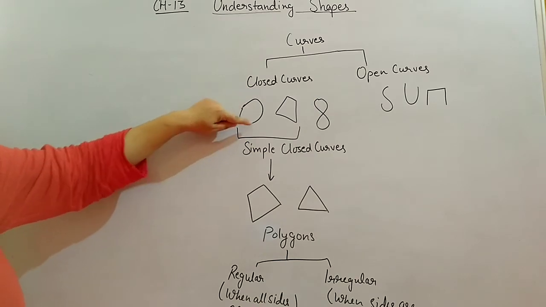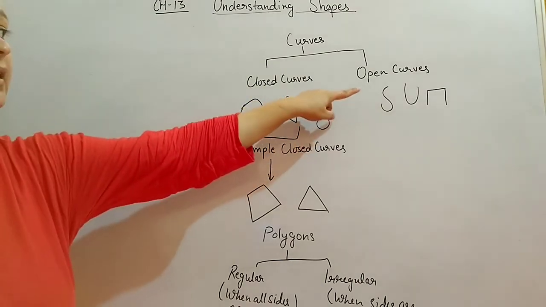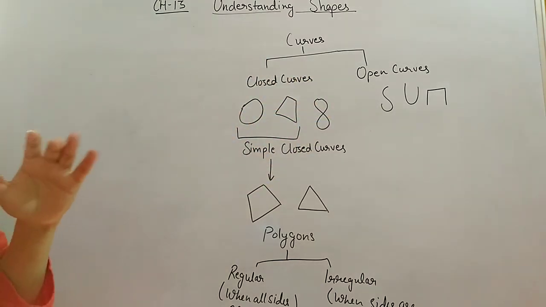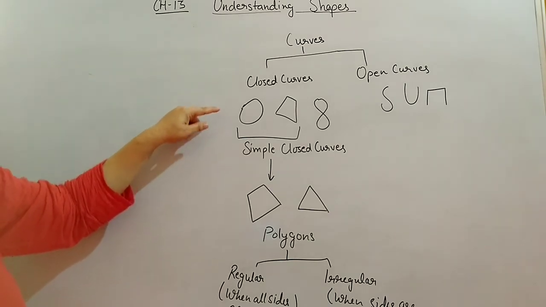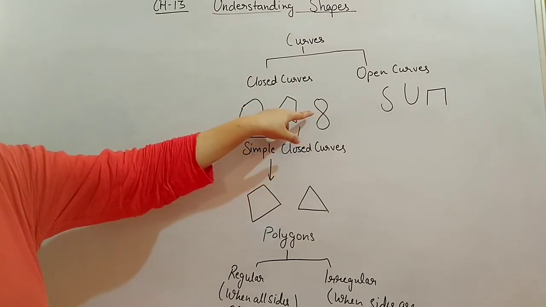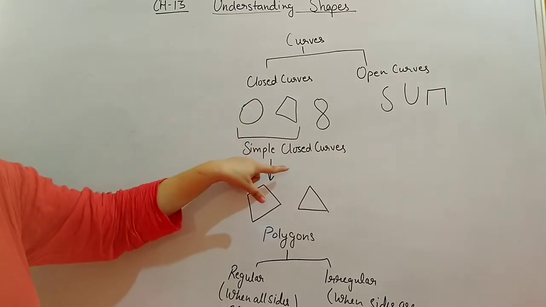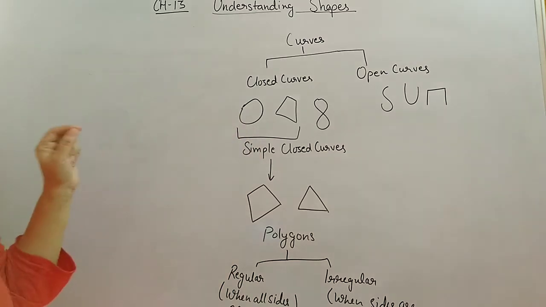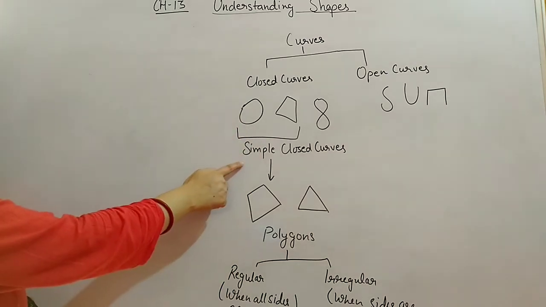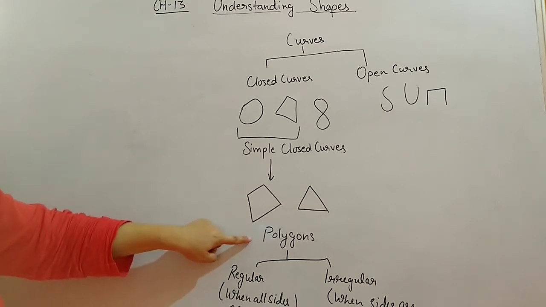As you can see, if it is closed from all the sides, then we will call it a closed curve, and if it is open, meaning the starting and ending points are different, then we will call it an open curve. In a closed curve also, if it is not intersecting at any point, this type of curve we will call a simple closed curve, if it is not cutting itself. In these simple curves also, if it is made up of straight lines, line segments, then we will call it a polygon. Polygon means a simple closed curve made with straight lines.